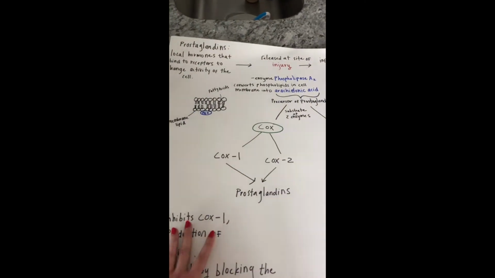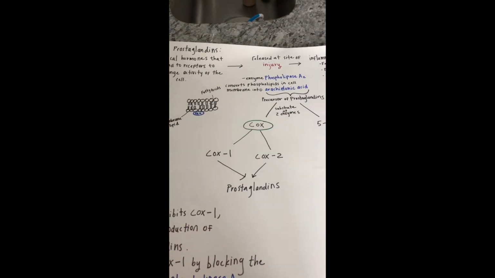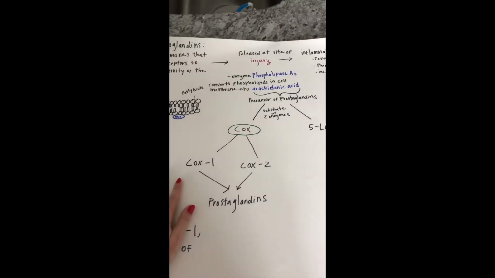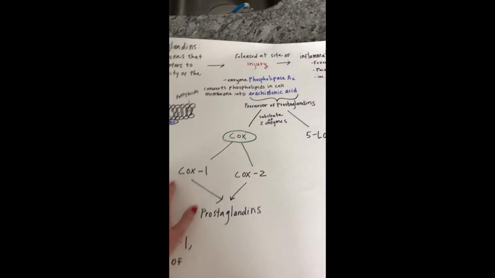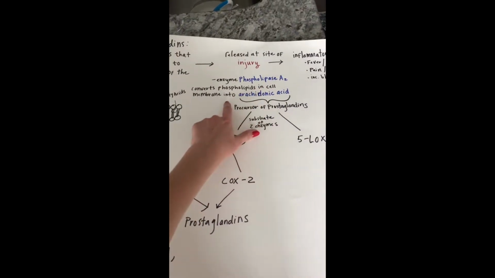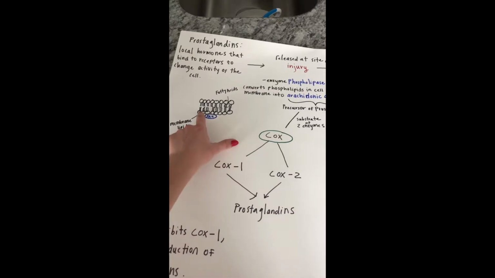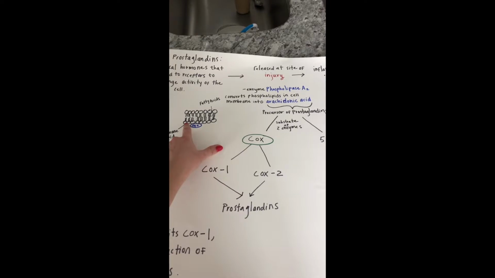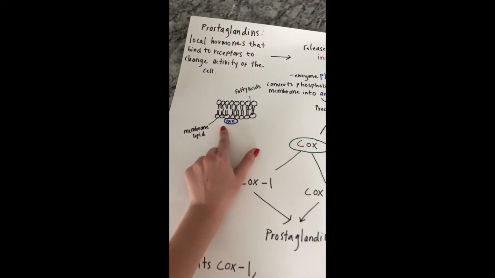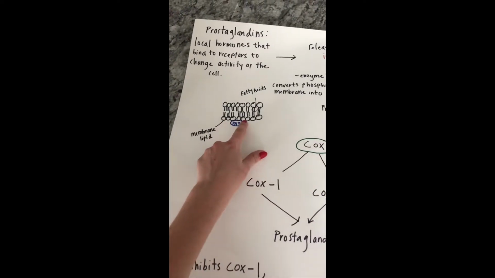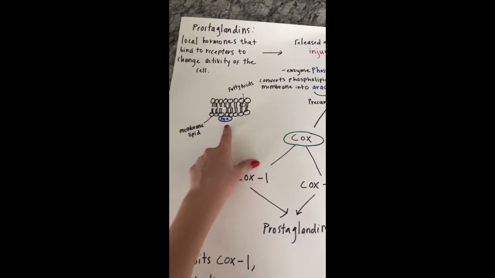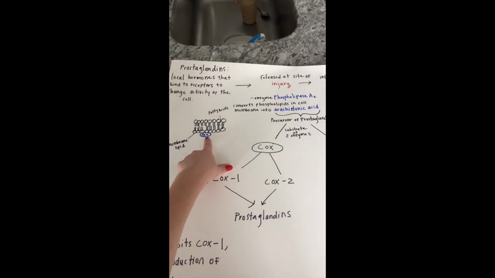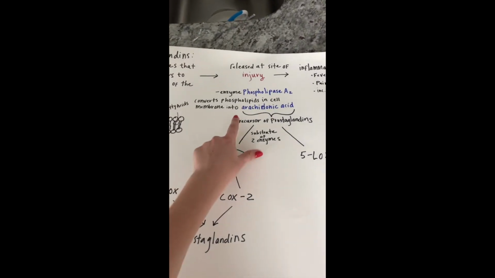So how does this contribute to that inflammatory response? At a site of injury, there's going to be an enzyme, phospholipase A2, and that's going to convert the phospholipids found within the cell membrane into arachidonic acid. In this little doodle, we can see the membrane lipids and the fatty acids, and the enzyme phospholipase A2 binds onto those membrane lipids and then converts them